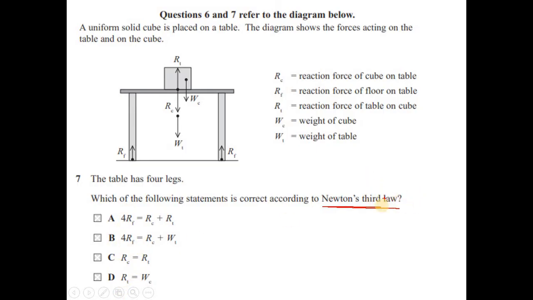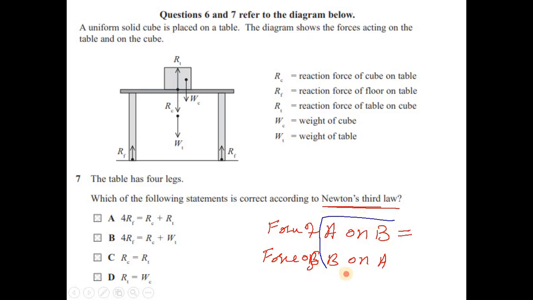So remember, Newton's third law is: force of A on B equals force of B on A. So you need to look for a similar statement for all types of forces if you are finding a Newton's third law pair. So if you see which one is following this statement,